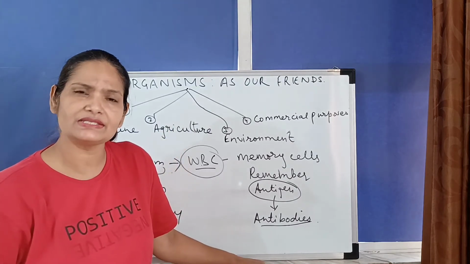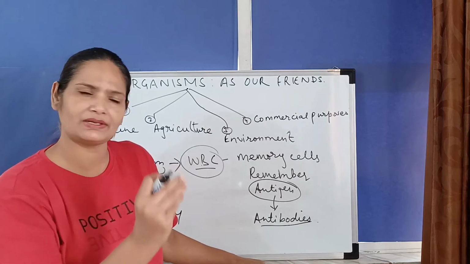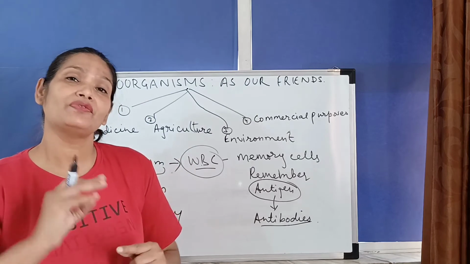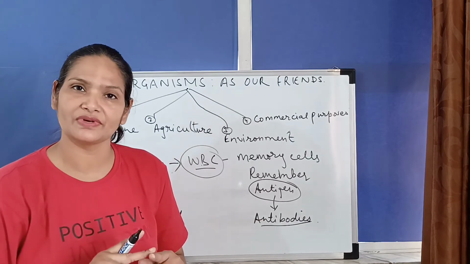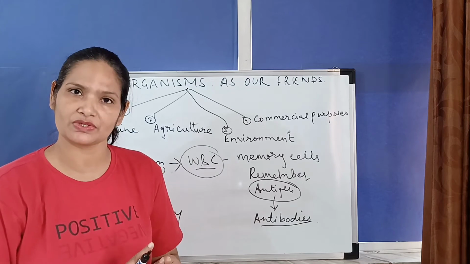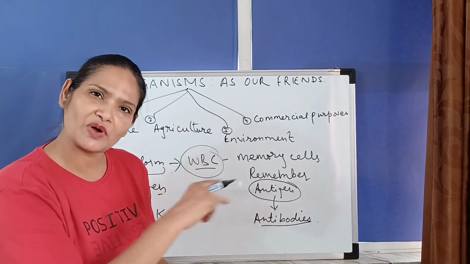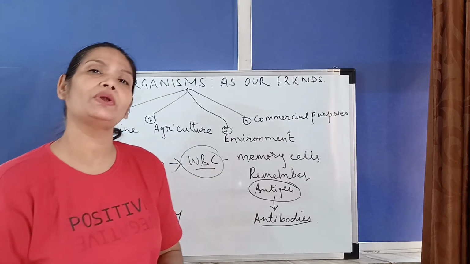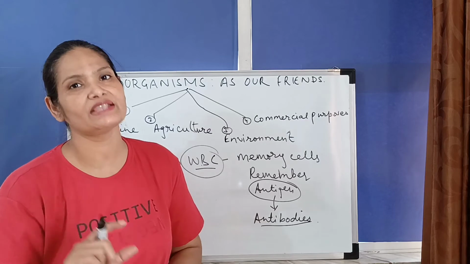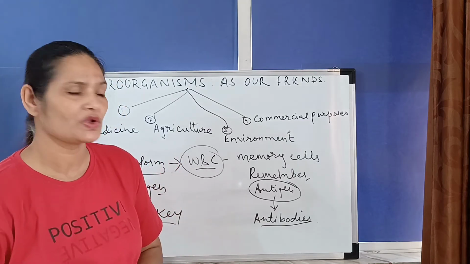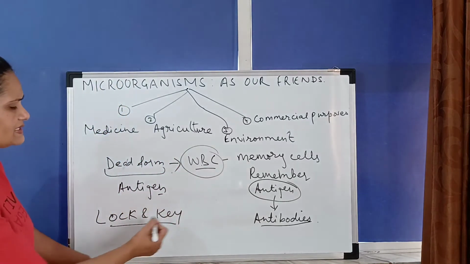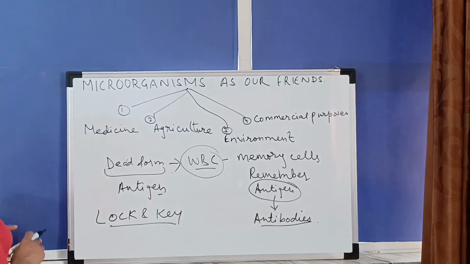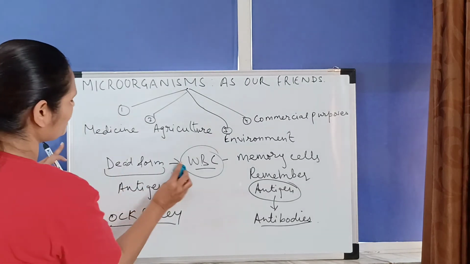There are so many vaccines, but not all the vaccines work for everything. For example, say chickenpox, right? For chickenpox, a vaccine is there. But for chickenpox, the polio vaccine will not work. Or for polio, the chickenpox vaccine will not work. So for chickenpox, the chickenpox vaccine will work, wherein it contains the particular virus, and for polio, the polio vaccine will work, wherein it contains a particular virus which is meant for polio, right? So thus vaccines work under the lock and key mechanism. Okay. So that is how the medicinal use of microorganisms is covered.